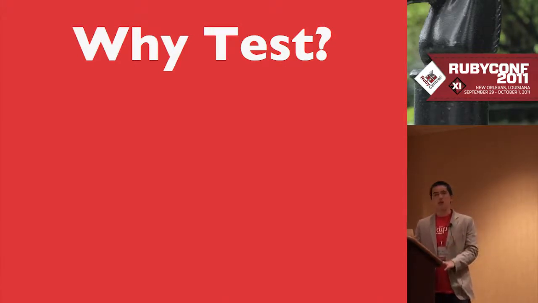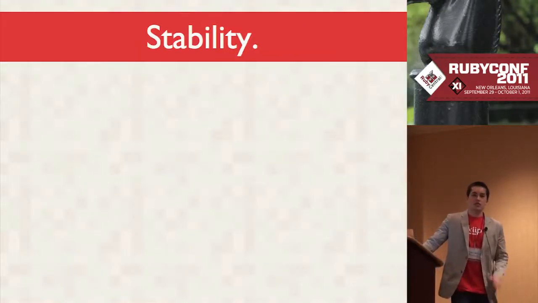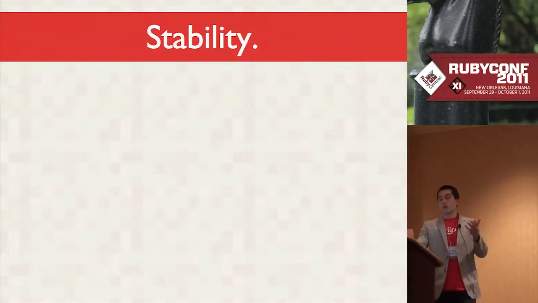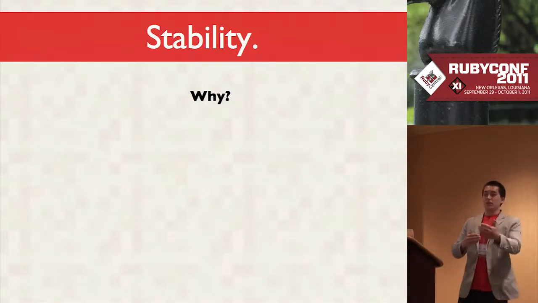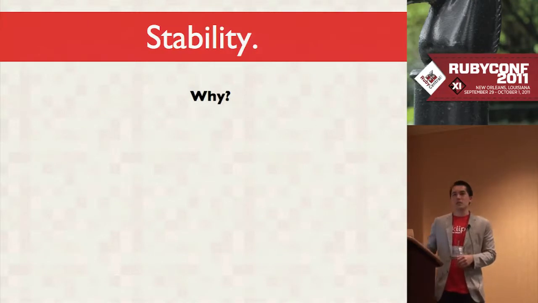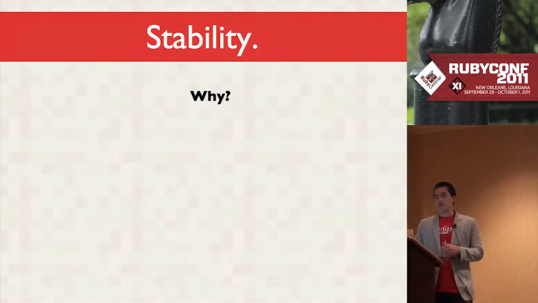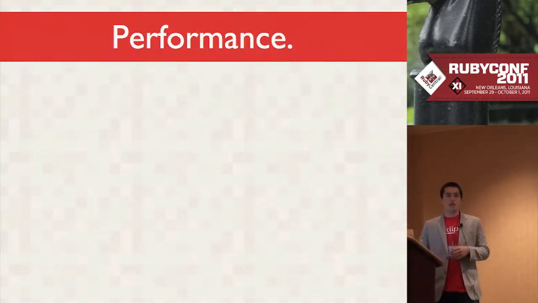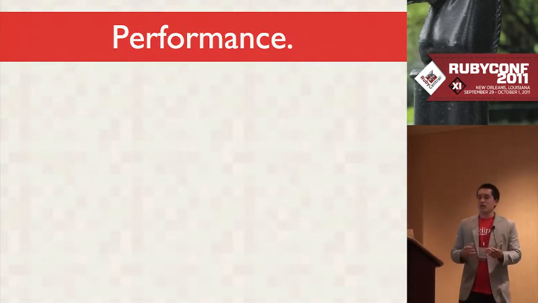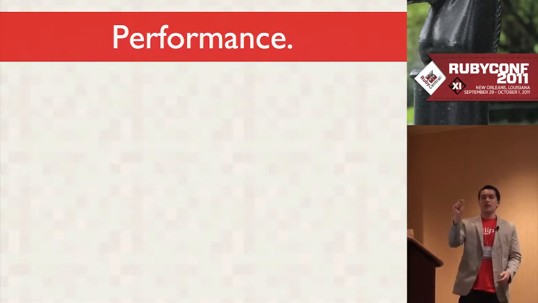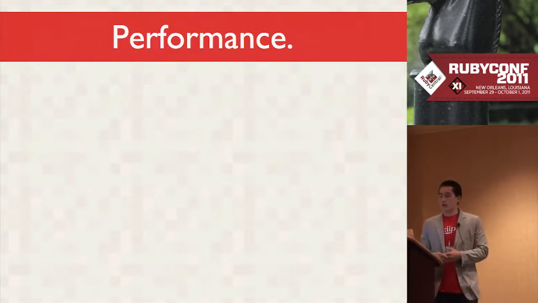So one of the most common answers I get, or the top answer I get, is stability, and it's totally a good answer. You want to make sure your code runs, you want to make sure it works, so you write tests for it. But if you're agreeing with this, then I want you to think a little bit deeper and think why. Why do we care about stability? Another answer I get perhaps is performance. Our tests are a very quick way to verify that some methods are taking a very long time. You might have performance tests, or you might just see like that one dot is taking a little bit too long to show up.